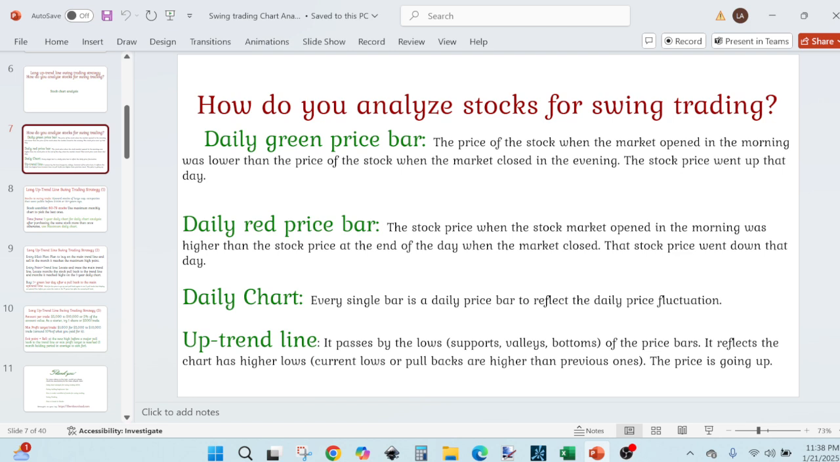And the red bar just means the price in the morning was higher than the price in the evening, so the price dropped that day. And as a swing trader, you can swing trade on daily chart. You can use 1 year daily chart or maximum daily chart, and you see how we use both in